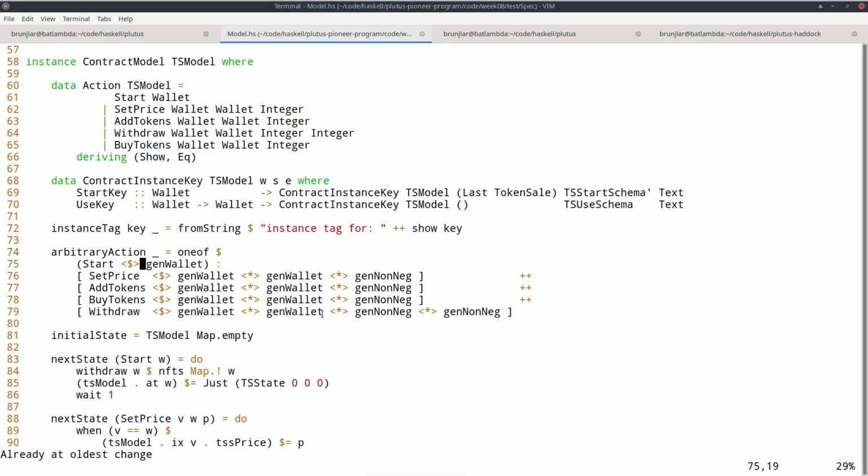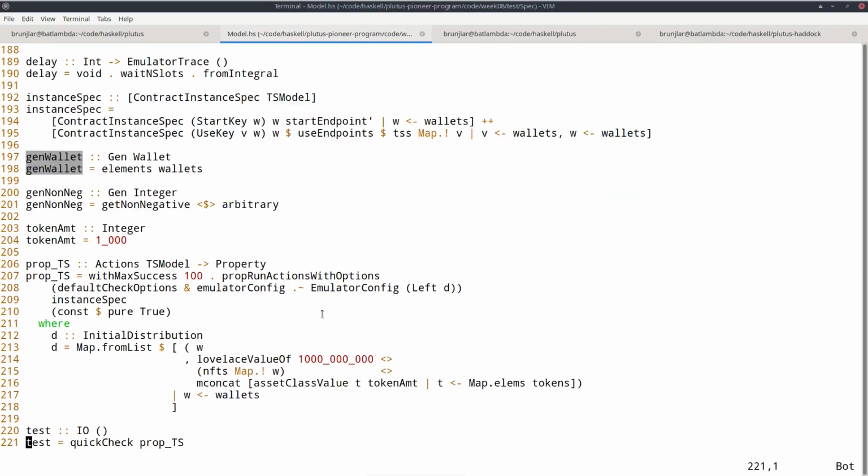And this is using something that we also haven't seen before. It's so-called applicative style. So recall when we introduced monads, I mentioned that monad as a superclass has applicative, but we haven't used applicative yet. And applicative is often very useful to write monadic code more compact. So basically, what this says is first run the monadic gen wallet action, which I should show first.